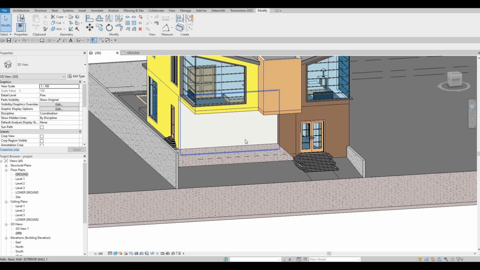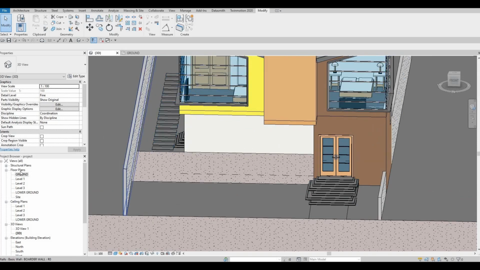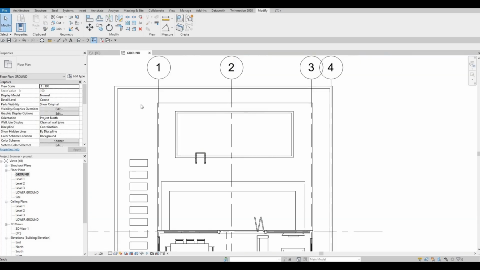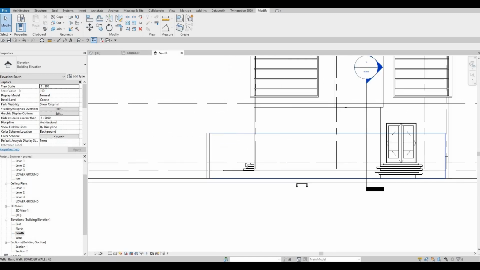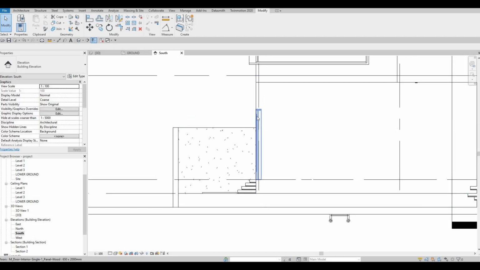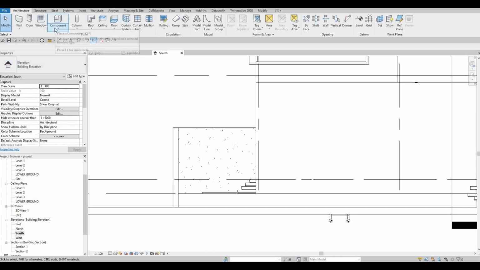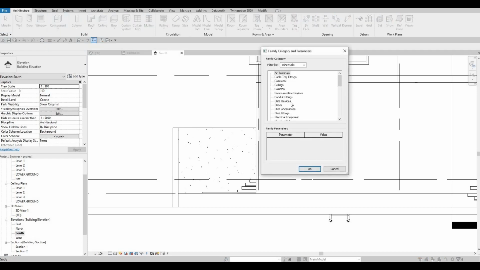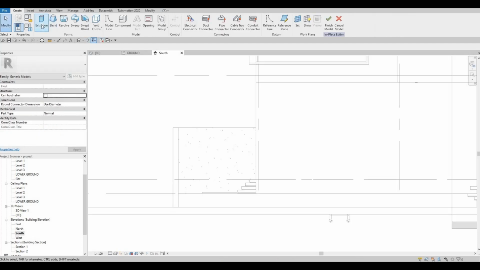And then now what we need to do is add the door right here. So what I'm gonna do is go to my south elevation, and let's add in the door so that everything is good. So I'm gonna go to model in place, generic model, click on OK, pick extrusion, pick a plane, and let's click on this wall right here,